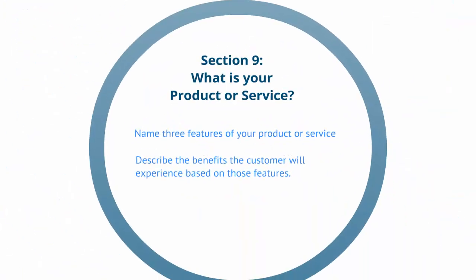In Section 9, you will describe your product or service. Be clear about exactly what your business will be providing and limit the use of industry jargon. Keeping it simple is the best way for your customer to understand what you do. Anyone can easily describe the size and color of a product, but you must know your customer well to say how it will benefit their lives. Your customer wants to know what's in it for them, and great salespeople understand the important differences between features and